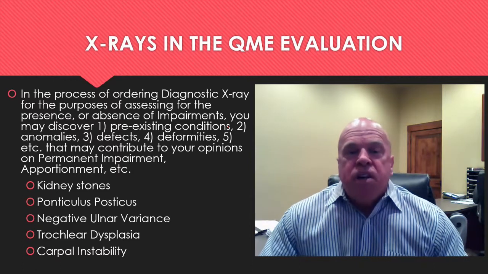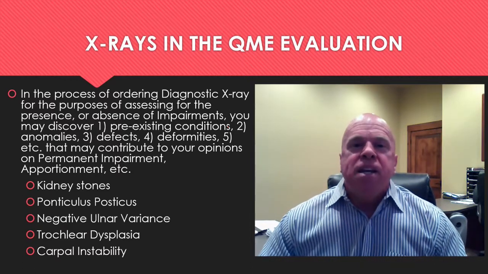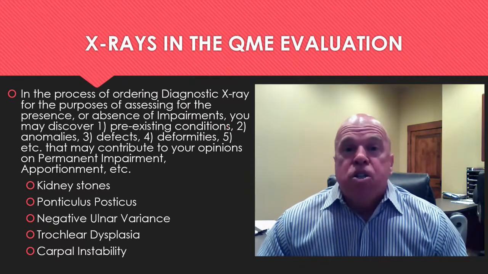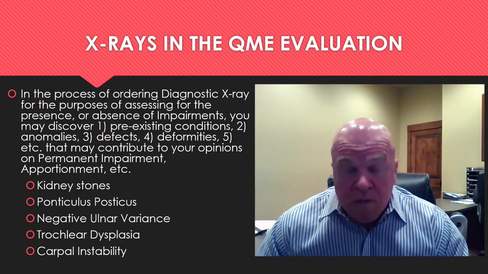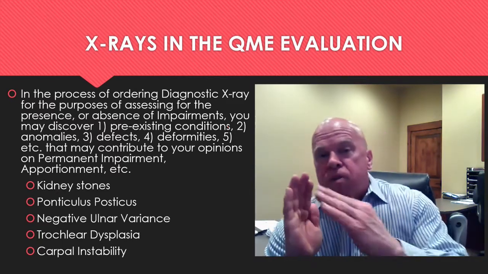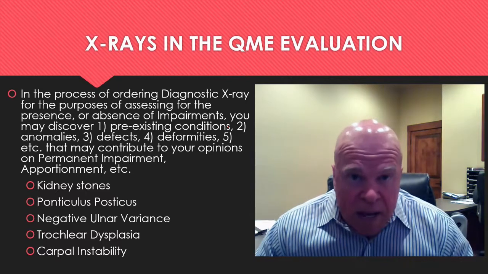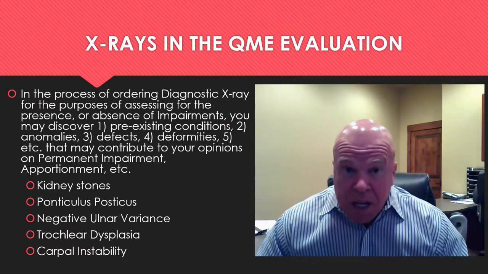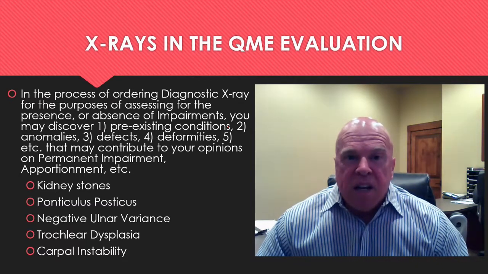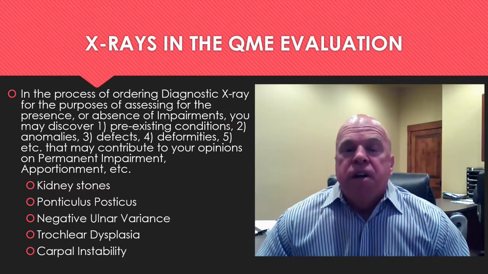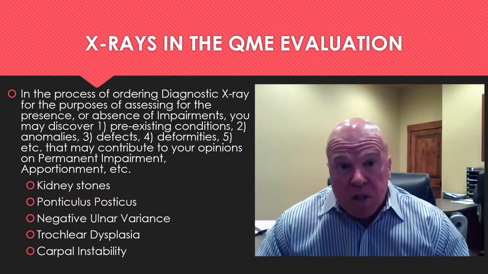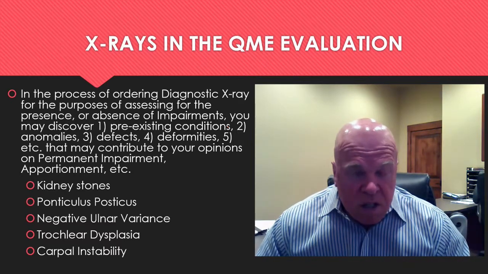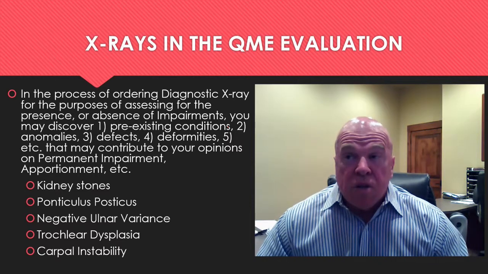I have a case involving patellofemoral pain, wherein diagnostic studies identified pre-existing dysplasia of the femoral trochlea, which is the groove upon which the patella glides up and down. And then I have another case that involves carpal instability, and it's going to be fascinating to go over the measurements used to identify carpal instability. Okay? So again, the principle is to order the diagnostic studies in every single case because they're required, number one,